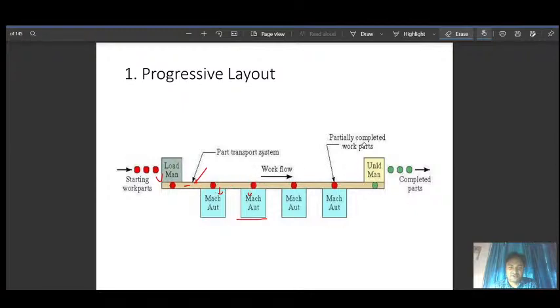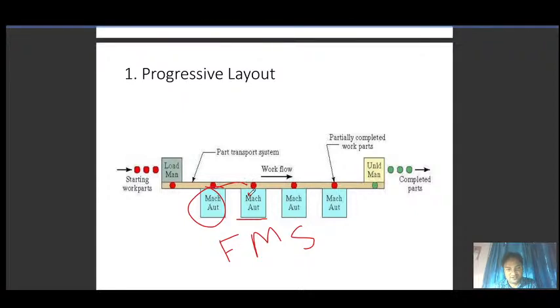Another way, if all these automatic machines are doing similar work, like this one, it is a part of a flexible manufacturing system. If a single machine can do all the machining operations, that means after finishing on one machine, it will not be sent to machine 2, it will directly go out as a finished product.